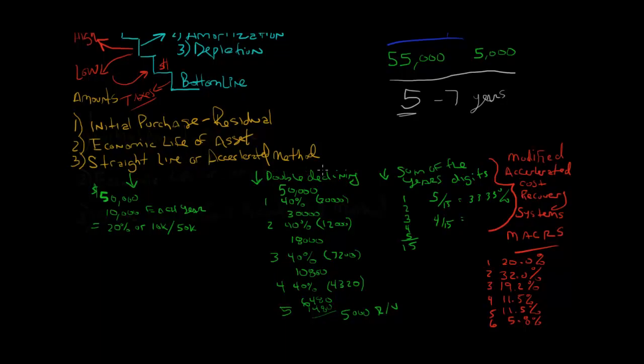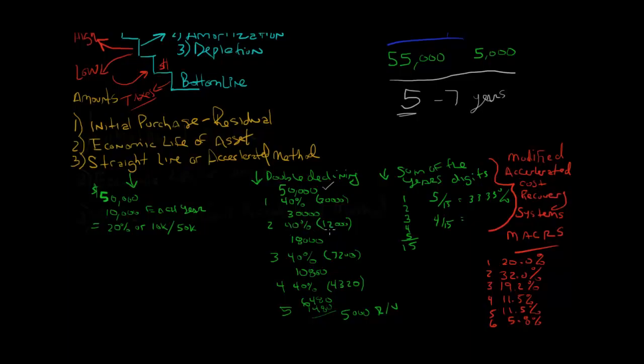Now the second types of methods are usually called accelerated methods. That means we depreciate more early on than we do later on. One of them is called the double declining. Now the double declining actually starts with the initial cost. So this would be the initial cost. We don't use the initial purchase minus residual. This is just the initial. So let's say we purchase something for $50,000, and just to keep it simple, the way we determine the percent is whatever it would have been straight line, we double it. So let's just say, for the sake of argument, that it was 20%, so I double it. So you can see 40% or $20,000 would be depreciated the first year, leaving $30,000,